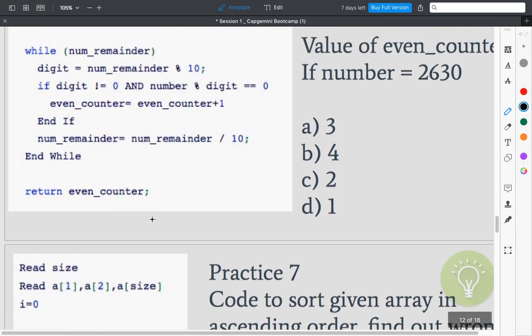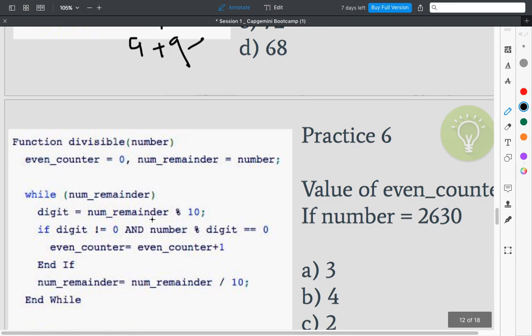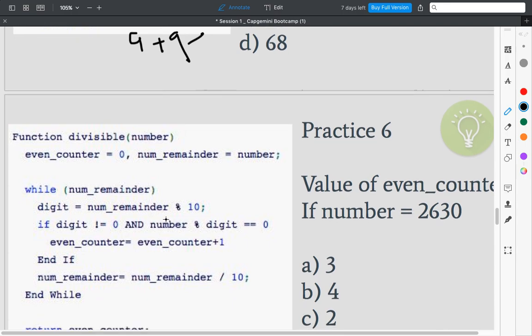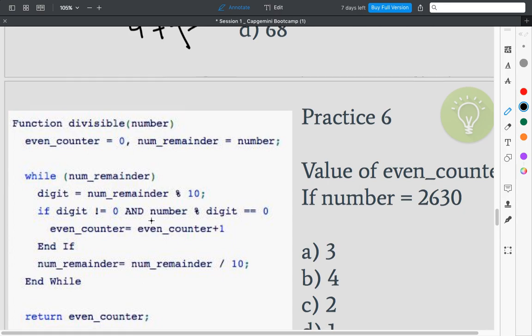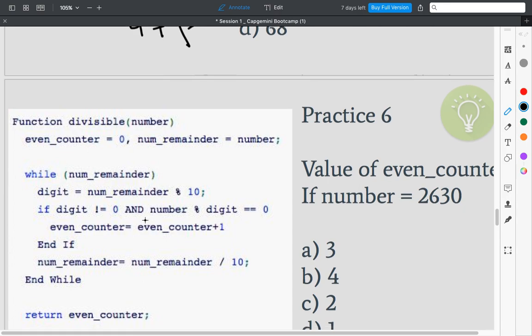Next, we are trying to understand the sixth program. Let's take another example of a function. This is not a recursion question. This is a normal question where you have to check even or odd or something like that. This is also a very common function, divisible. You have understood the difference between percent and slash: percent gives you the remainder, the modulus operator. You can create endless questions around it. So this question is around divisibility.